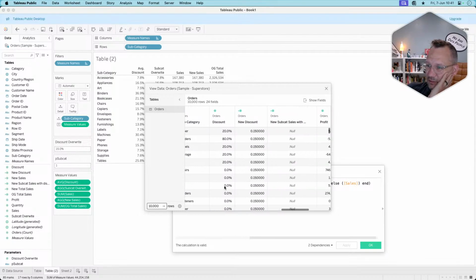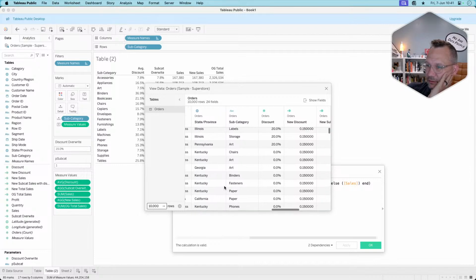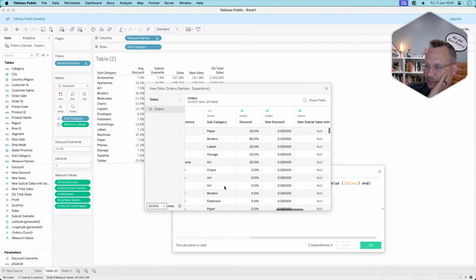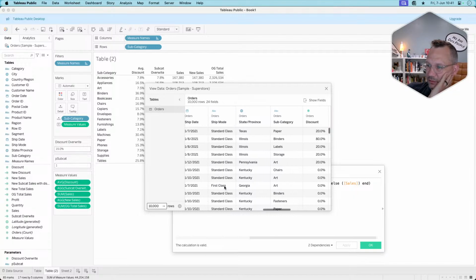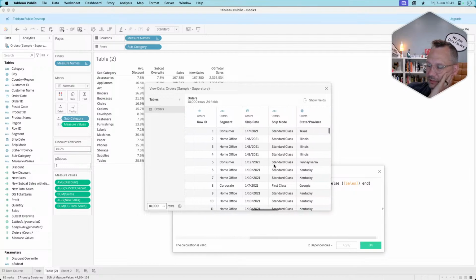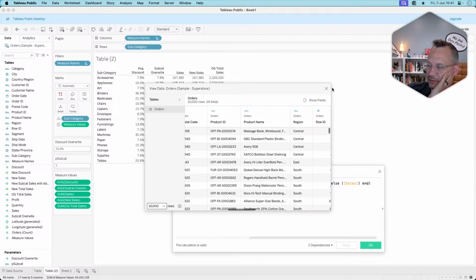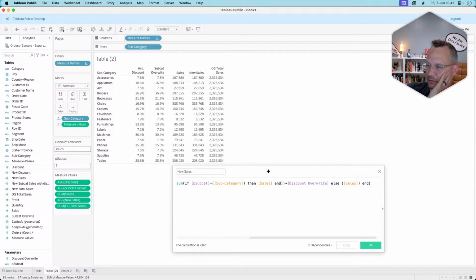Is the discount at the order ID or is it at the product? You know what I mean? Like, that's the question. Is the discount applied to the product or is it applied to the, I thought it was,